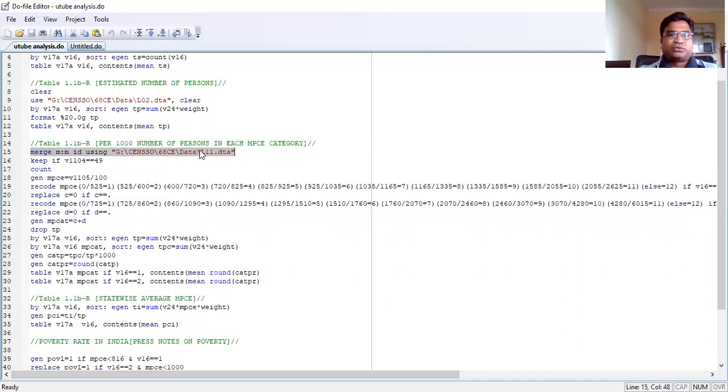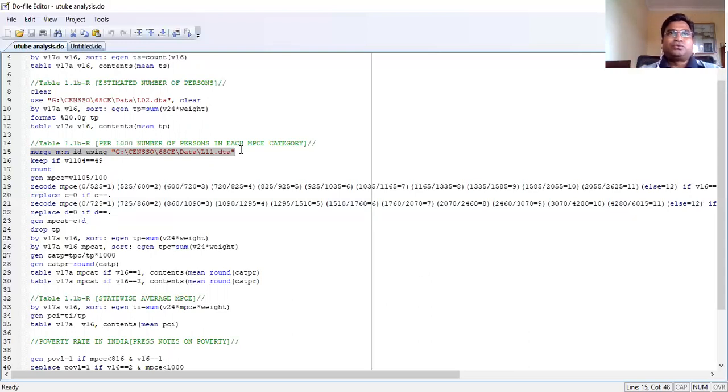Once we merge these two files, level 2 and level 11, you can understand, because I told you earlier, you can check once again, level 11 has 35 lakh observations, and level 2 has 1 lakh 1,662 observations. So you can guess that after merging, the data size will be that of level 11, that is 35 lakh something, 35 lakh 57,000 or something.